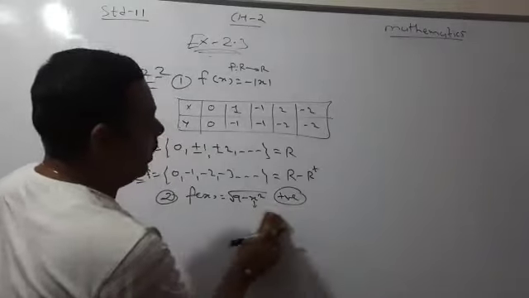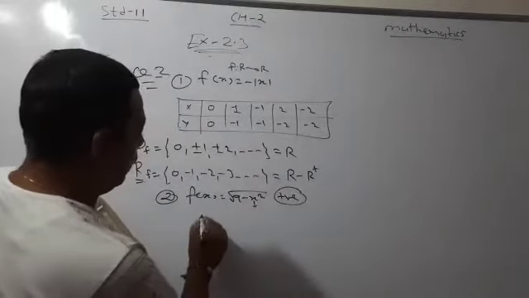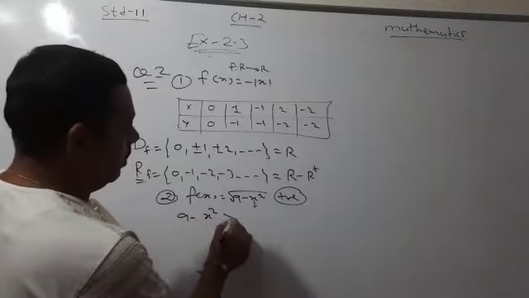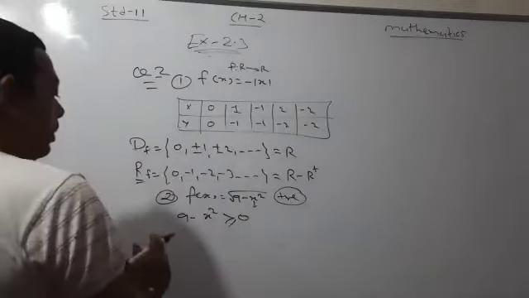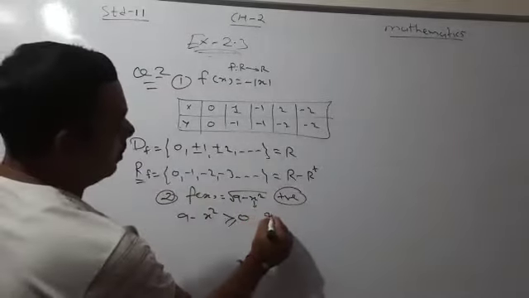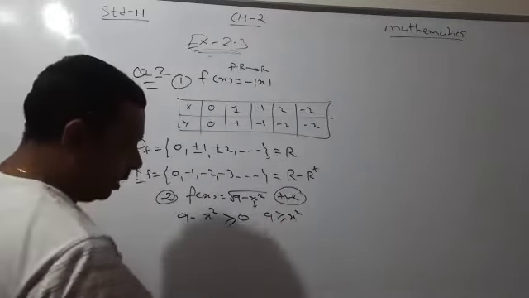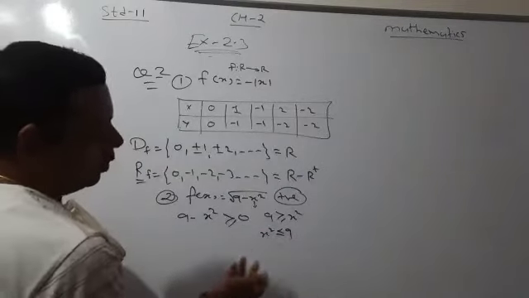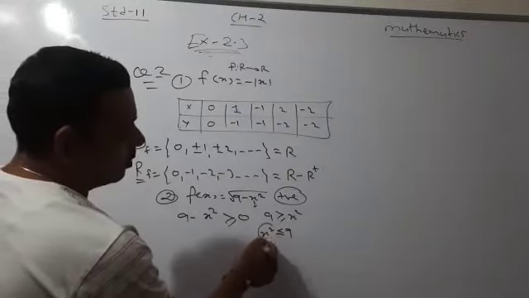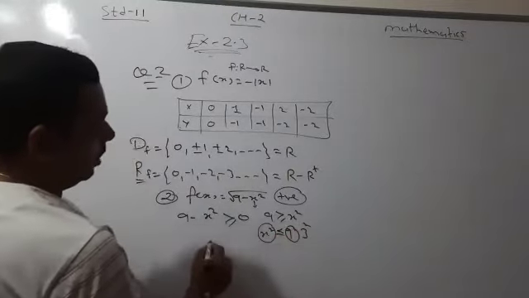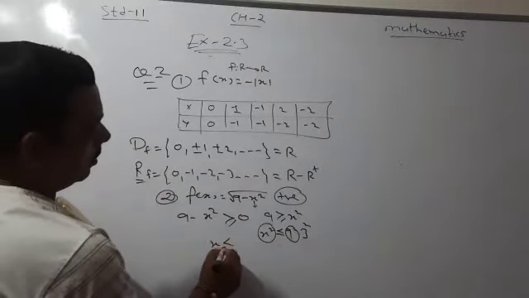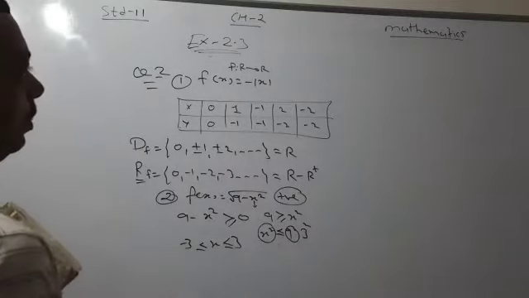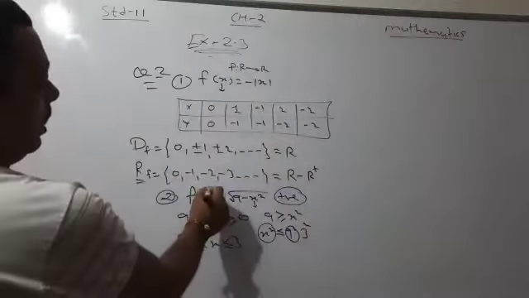Okay. So what exactly do we have to do? We can directly say that for the domain of x, 9 minus x square is always greater than or equal to 0. Now we can shift this x square to the other side. So 9 is greater than or equal to x square. It means x square is smaller than or equal to 9. You know very well, because of the square, this 9 is nothing but 3 square. So x lies between minus 3 and 3. And you know very well, x is nothing but the domain.